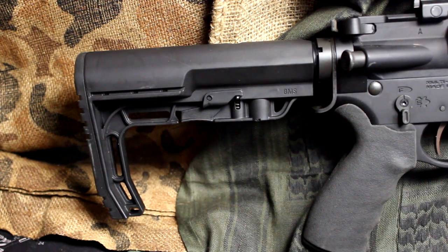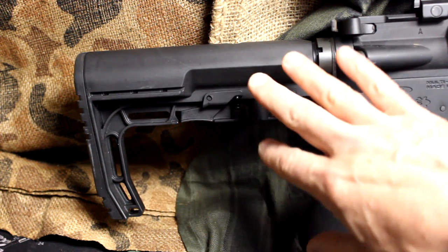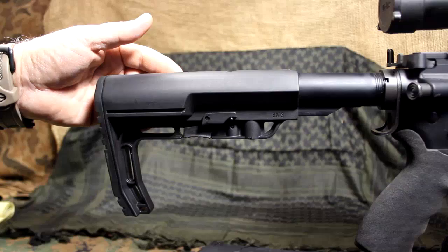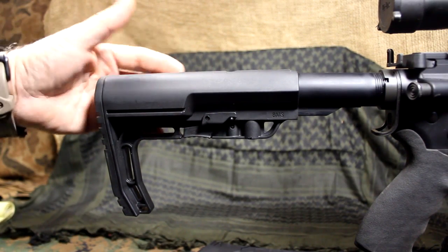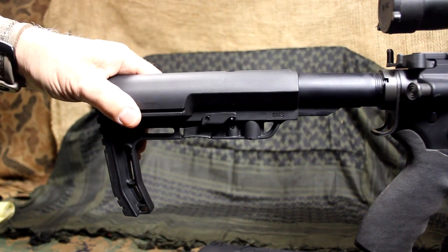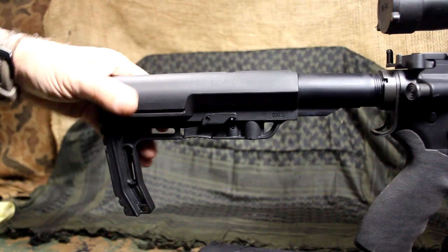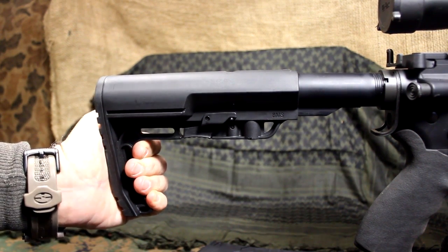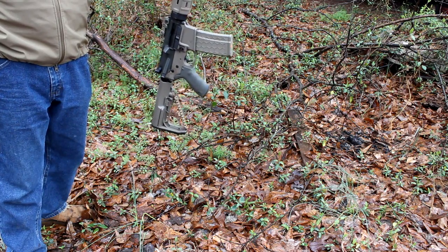But one of the things about Mission First Tactical, they wanted to produce a very lightweight stock, but that could still handle whatever you could dish out. The material that's used in the stock is actually a DuPont polyamide reinforced material. So it's really strong, but yet it has a really good slick feel to it. One of the things about it, of course, is this area right here breaking off. And these are really tough. As far as strength of the stock,